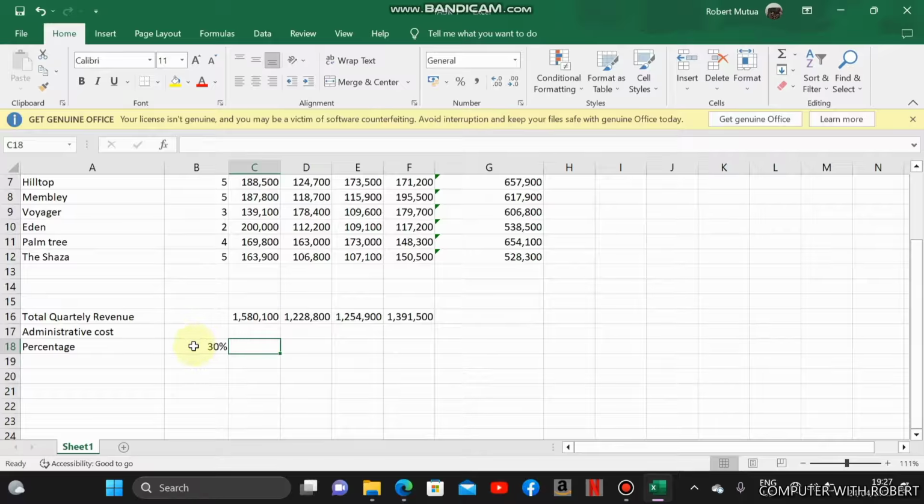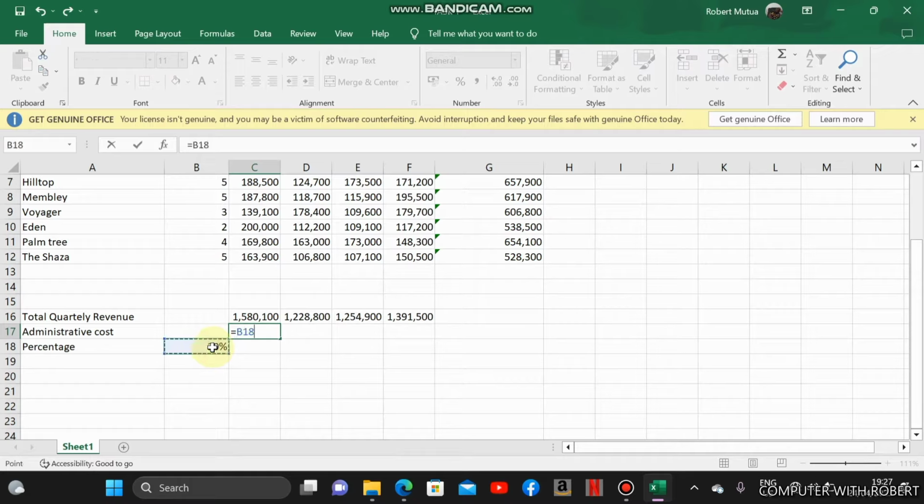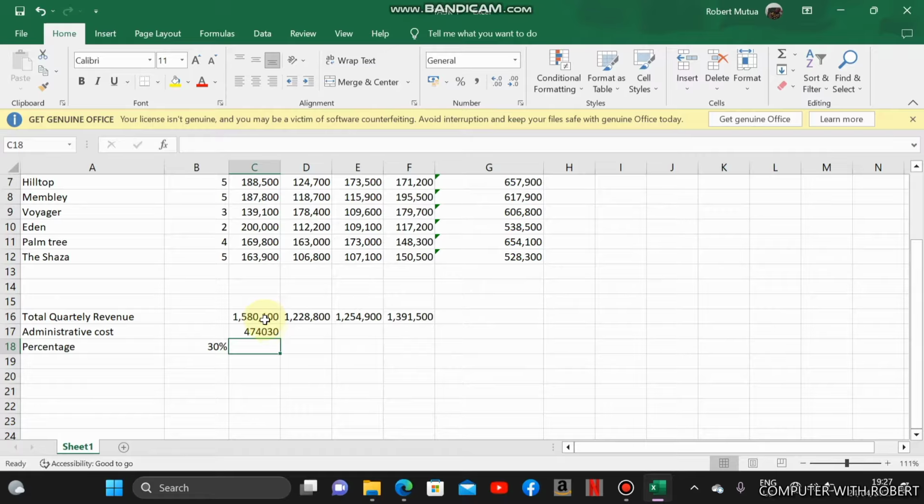Therefore, that percent is already in B18. So I'm supposed to calculate 30% of what is in cell C16. Start with an equal sign, then click the cell with the 30%, then multiply with the total revenue for the first quarter, and you'll get 474,030. So if I copy the formula across the others, I'm going to get zeros, simply because once you copy